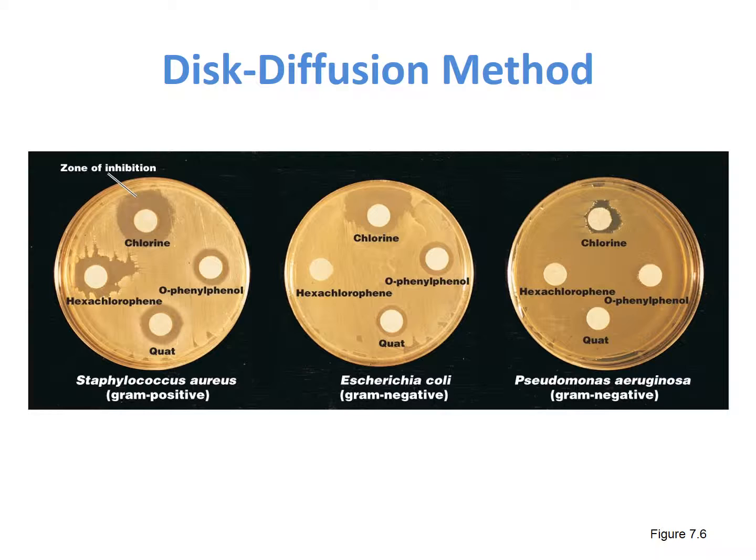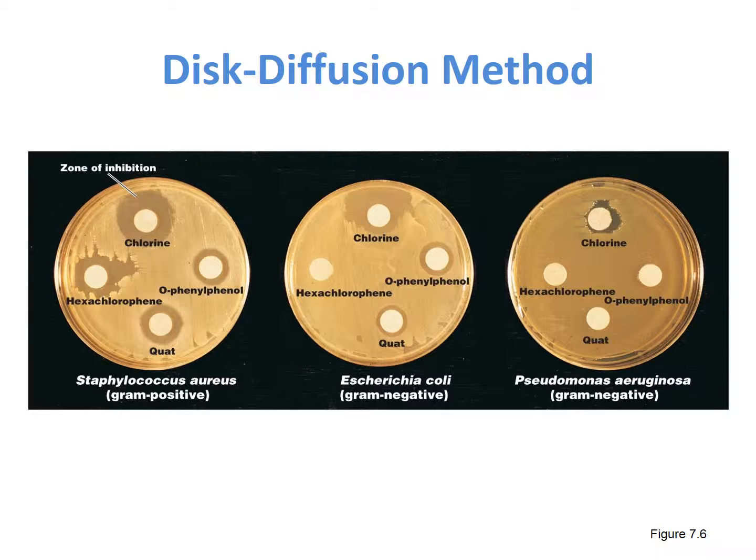The plates were allowed to sit for a few minutes, and then filter paper discs that were impregnated with 3 different disinfectants, chlorine bleach, O-phenylphenol, quaternary ammonium detergent, and hexachlorophene, were then placed onto each plate in the same positions. The presence of a zone of inhibition indicates that that chemical was effective at inhibiting the growth of the microorganisms